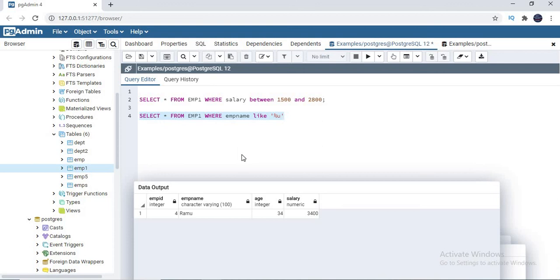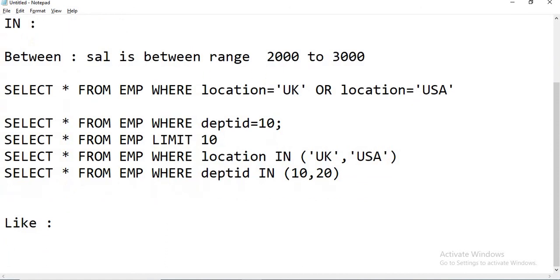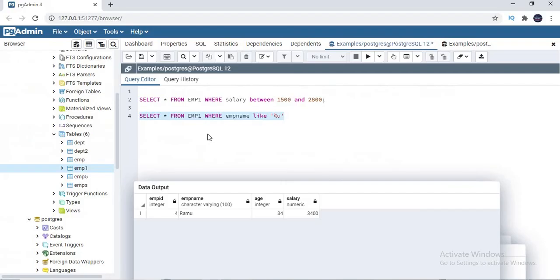The next one is IS NULL. In PostgreSQL, you cannot compare a null value with anything. Null you have to compare with null only. That is the reason why you have a specific filter clause, IS NULL. You simply need to apply it.